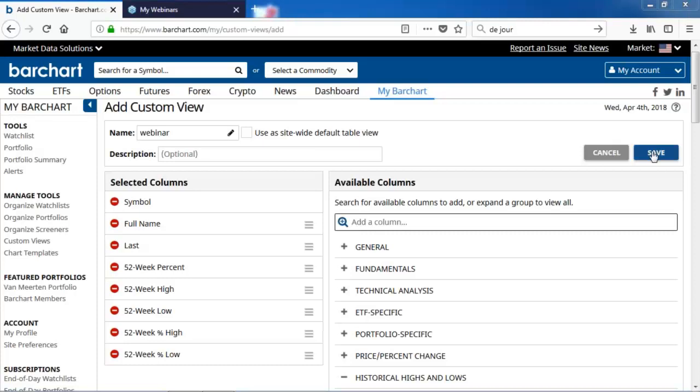But let's go back to this custom view. So we click on Save. Now I'm saving what I'd set up here. Now I can also adjust these columns. If I want to adjust the order of these columns, so if I want to put the 52-week high right here, I can just move it up. So I can move up or down these columns and reorder them, and if I don't want something, I could just click out, and if I wanted to delete that, that would be removed, and so forth. So you're able to customize your customization on this.